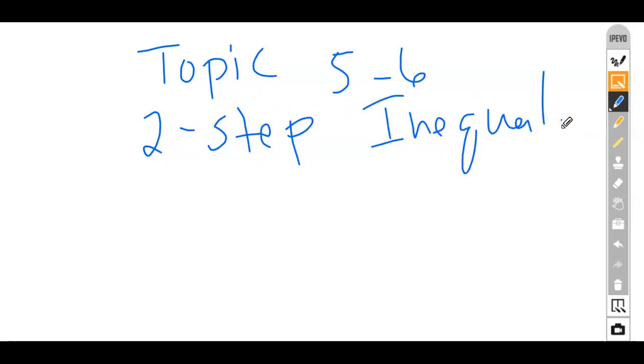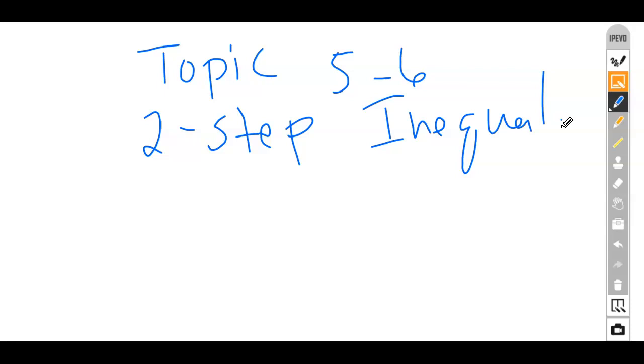I'll just stop right there. Two-step inequalities. And so you're going to have to translate, solve, compare, and graph, putting it all together right here. Well, not all. We've still got the distributive property next week, but